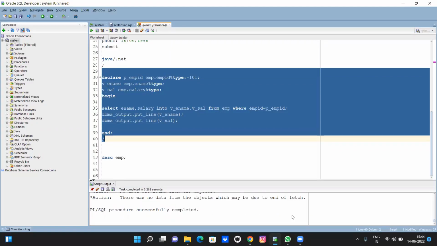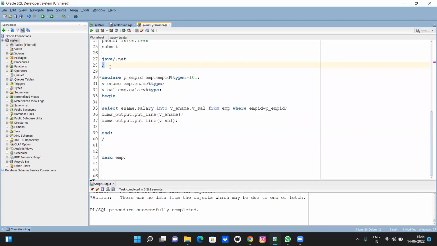There was no data from the objects, which may be due to end of the fetch. Is there any data within the employee table with 101 or not? Okay, my bad. It is showing successfully, but it is not returning data because I need to start the